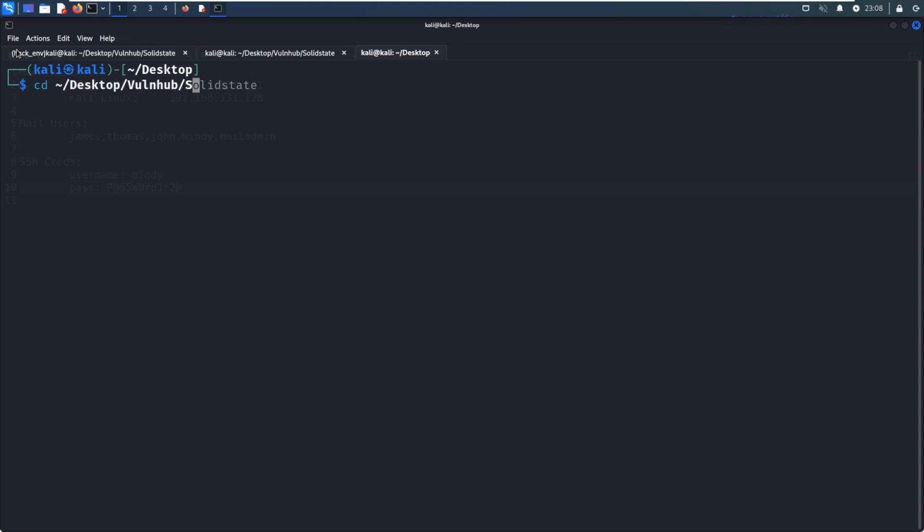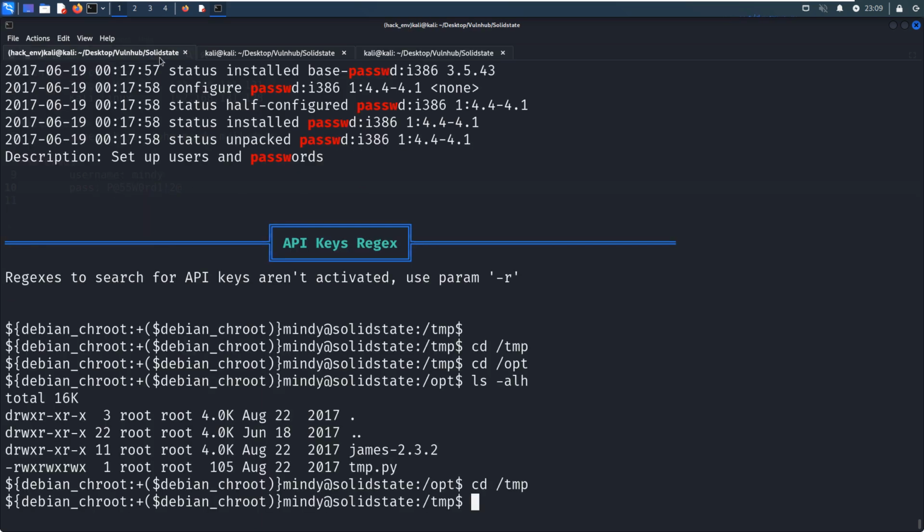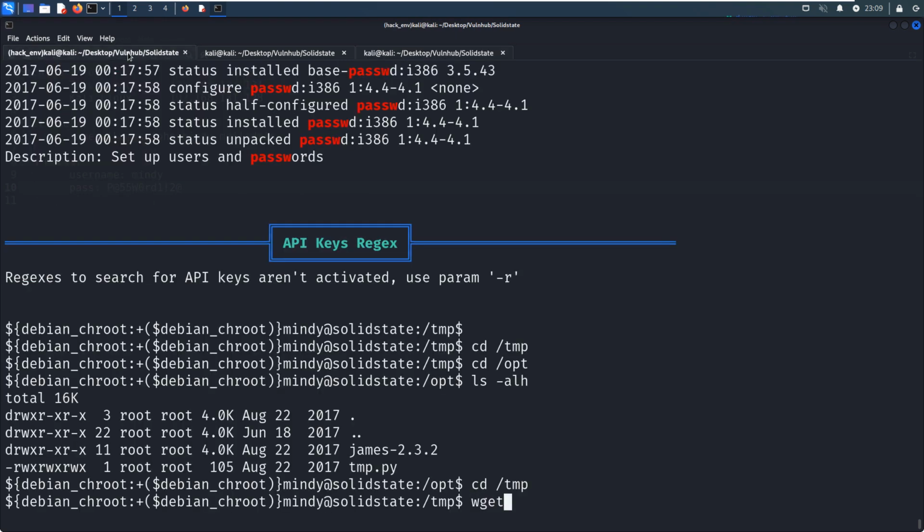I've already got pspy32. Before I've used its 64 version, but I just used the uname command to get the architecture of the target machine. In this case, we need to use the 32 version, and we can upload this utility.